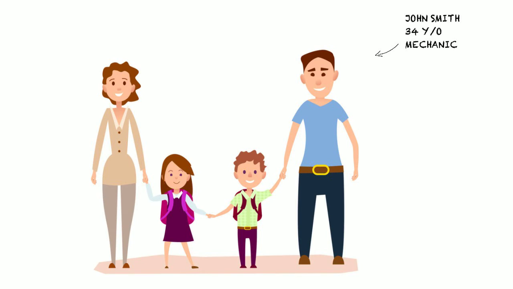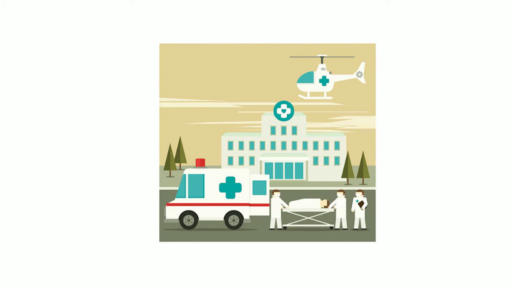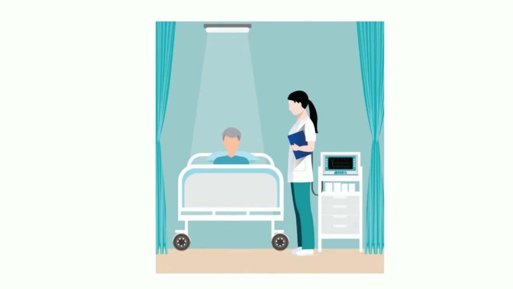Meet John Smith. John has a wife and 2 children who live with him at home. One weekend, John had a diving accident and was airlifted to the Victoria General Hospital immediately afterwards for emergency care. Upon arrival, John is intubated and mechanically ventilated. Within 1 day, John is tracheostomized, and he is informed by his nurses that his tracheostomy will make him more comfortable and might allow him to be able to speak again.